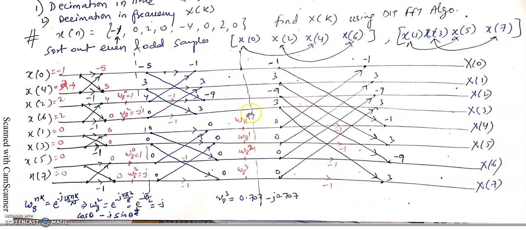Okay. So for twiddle factor calculation, you know that omega 8 to the nk equals e to the minus j 2 pi nk by N. N is what? How many points of DFT is there? It is 8 point. So N equals 8. nk is what? Here it is 2, here it is 0. So if you want to compute this twiddle factor omega 8 to the 2, then this 2 will be substituted in place of nk, and you will get this.